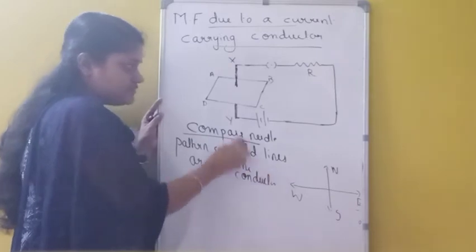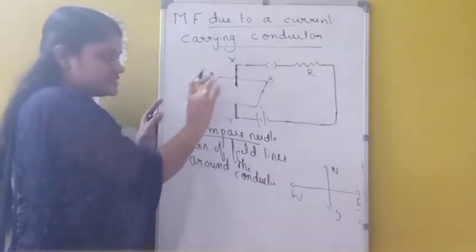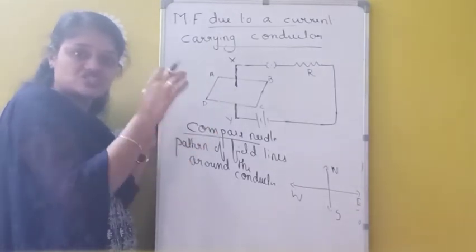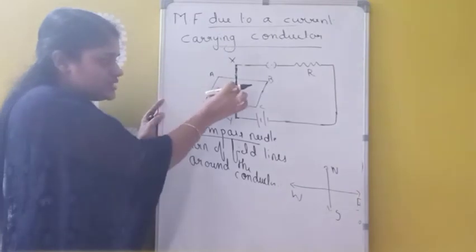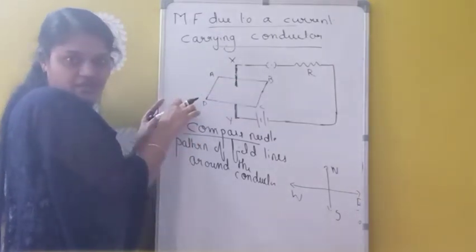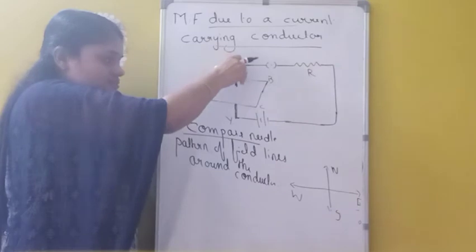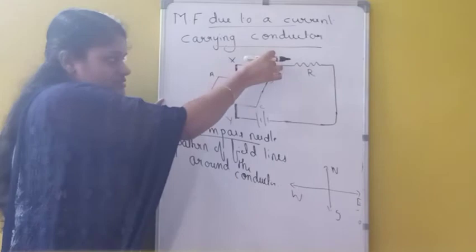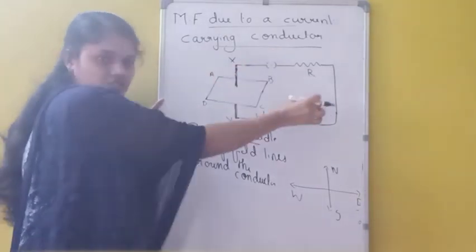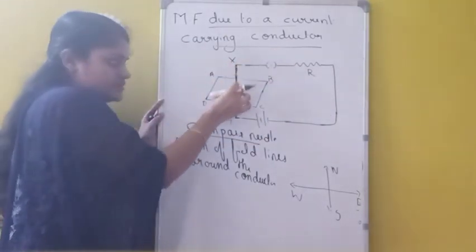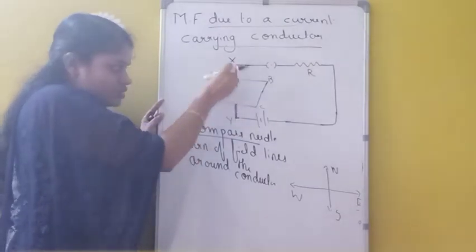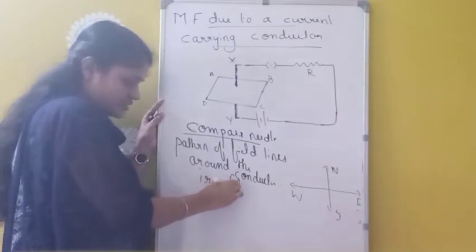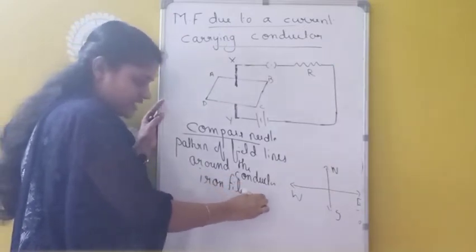So we know that whenever current is passing through the conductor, this conductor behaves as a magnet, and now we have to find out what is the pattern of field lines, the shape of field lines around this conductor. For that we have inserted a cardboard through this straight current carrying conductor, and we are sprinkling some iron filings on this cardboard. Iron filings means powdered iron.